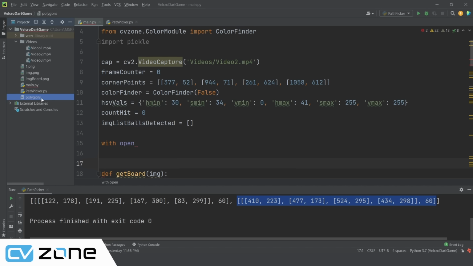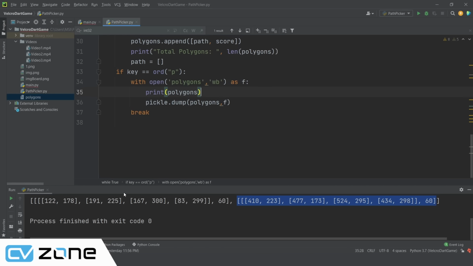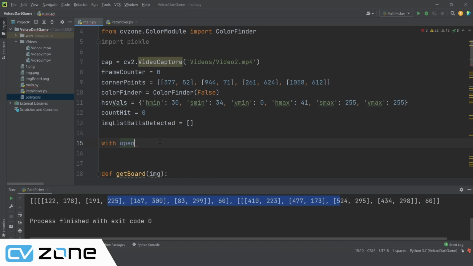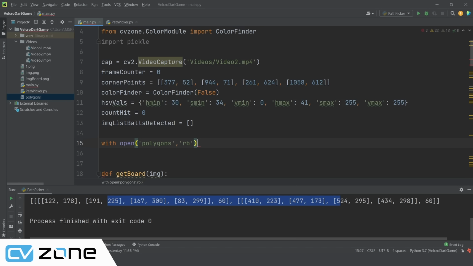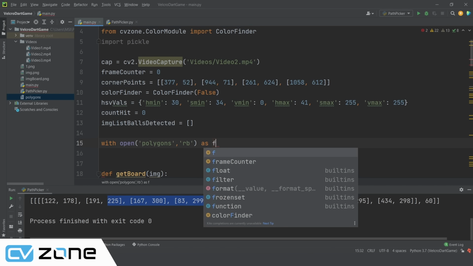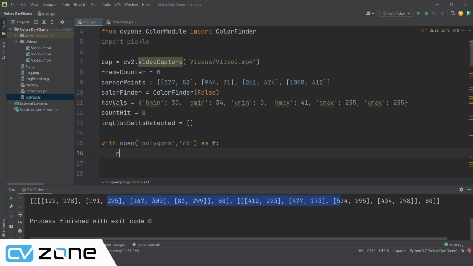You can see here this is the one that has this information. Okay, so let's go here and we will write with open, and we will write polygons, and we will write RB for the access, and then we are going to write as F,